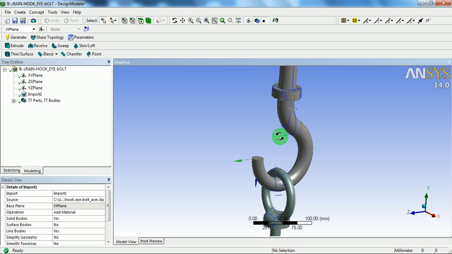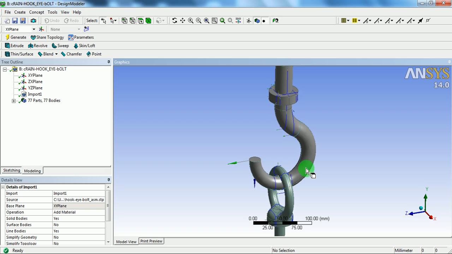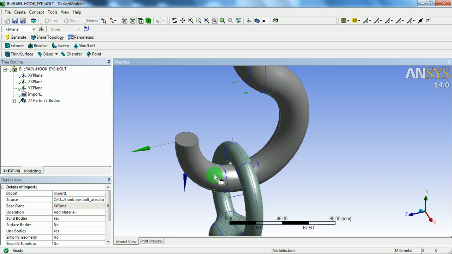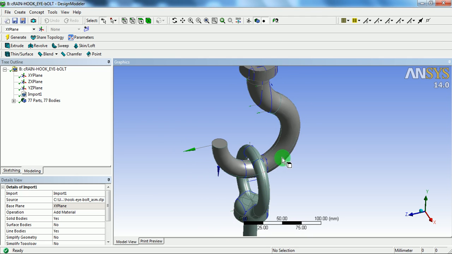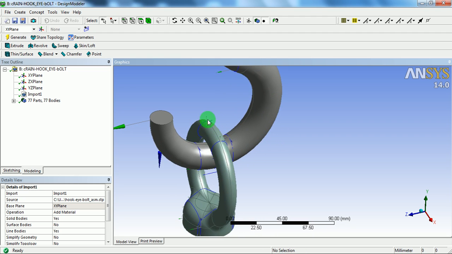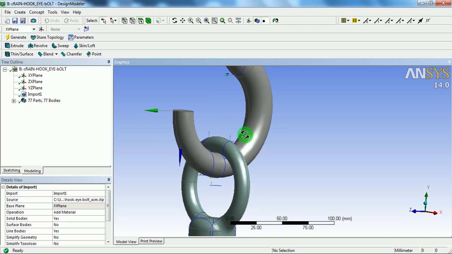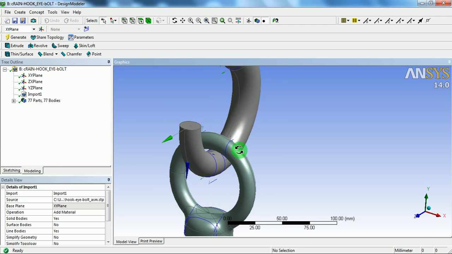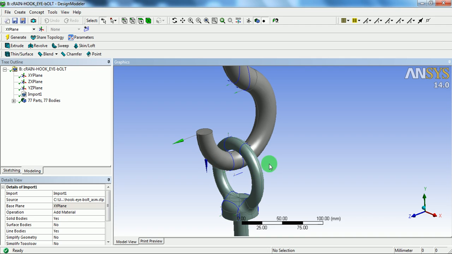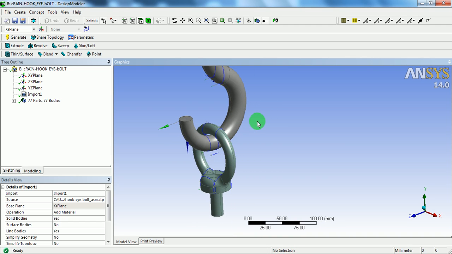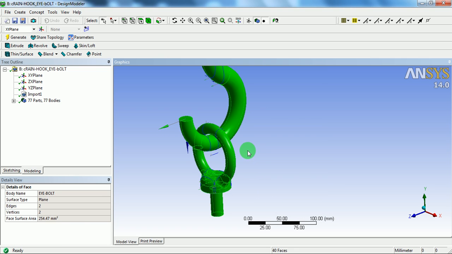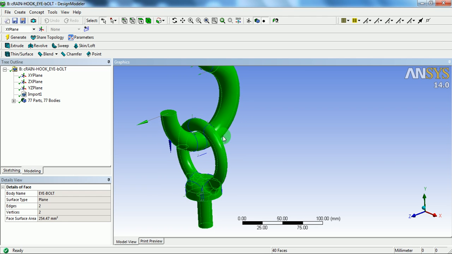The reason for creating these many lines is just to have the localized connection area for the contact. These are the lines which are created while splitting the surface of this region. Therefore, we don't need the curves apart from the curves existing over here. Right click, select all. All the geometries, all the solid bodies got selected.